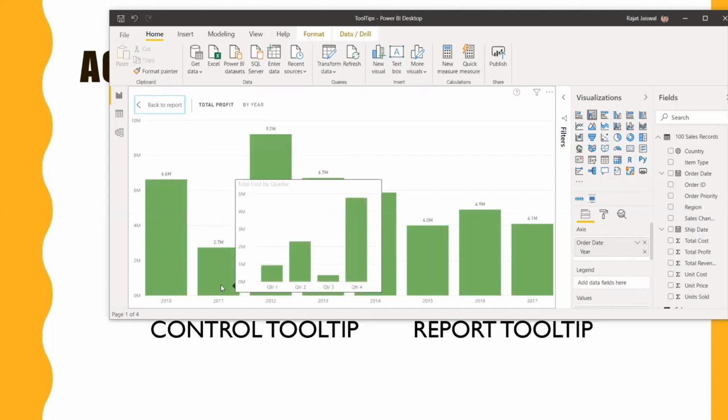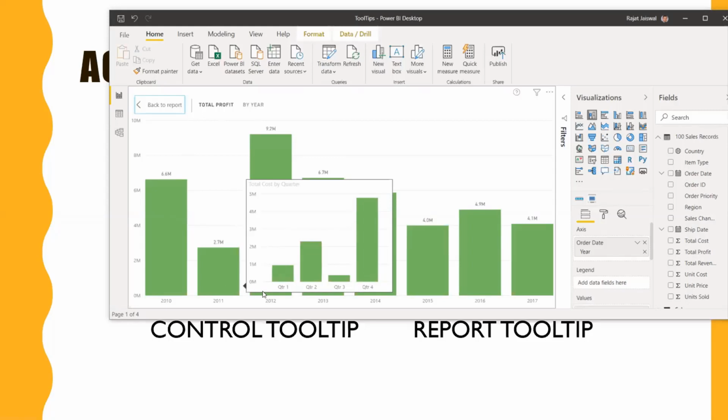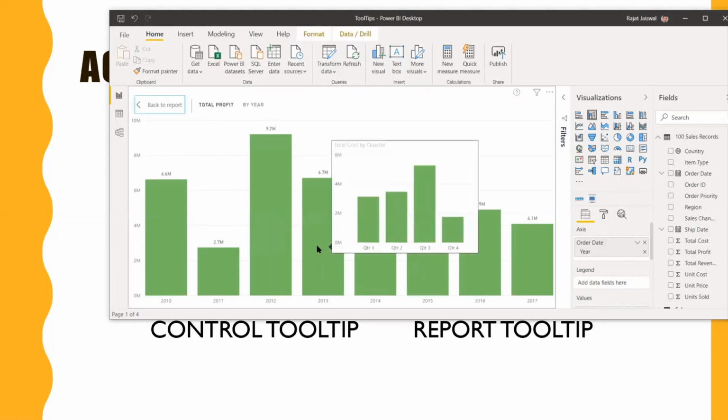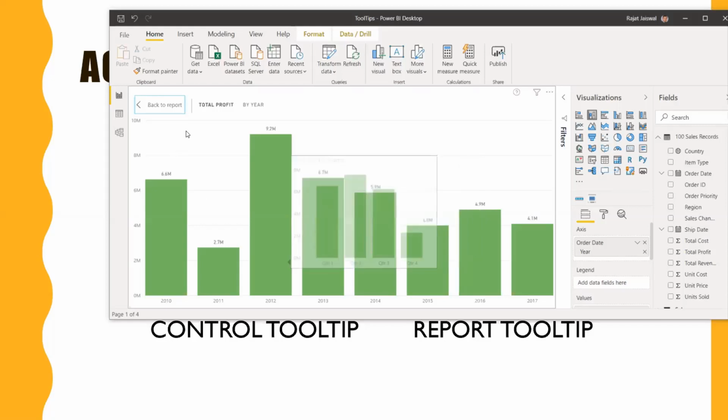Once you move to 2011, we have quarter 3 data as well, so it's showing the data accordingly. Okay, so similarly, you can see that just by hovering on the particular control, the tooltip is showing another report, another graph, which visualizes and gives more insight into your reports.